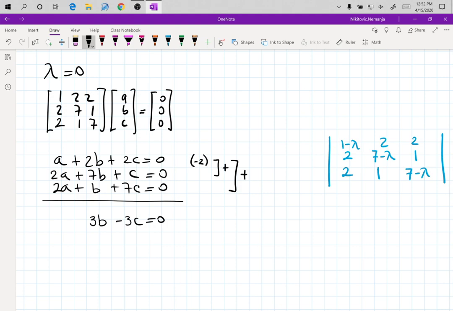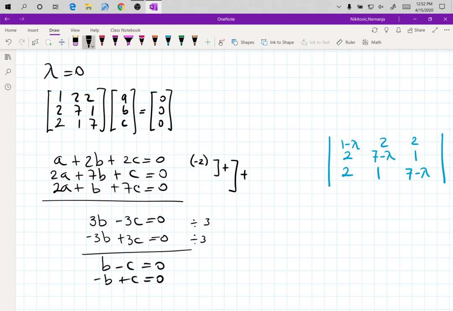We have -2 times a, and this cancels. -4 plus 1 gives me -3b. And then when I have -3b there, and then I have -4 plus 7, that's 3c. Okay, good. Look, they are constant multiples of each other. If you want to, you can divide each by 3, and you get b minus c equals 0 and negative b plus c equals 0, which